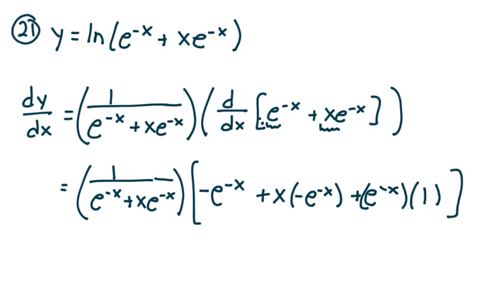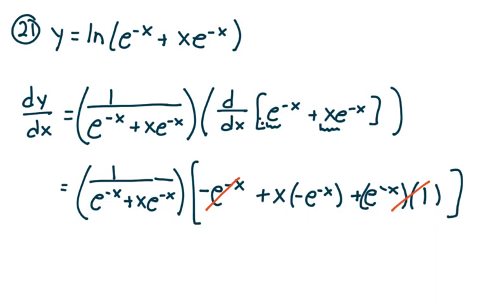Now, by the way, when you take the derivative of e to the negative x with respect to x, you're applying the chain rule. That's just chain rule. The inside function would be something like f of x equals negative x. And the derivative of the inside function would be negative 1. And that's where I'm getting the negative there. That's why it's negative e to the negative x. And so these terms cancel. And what we end up getting is,